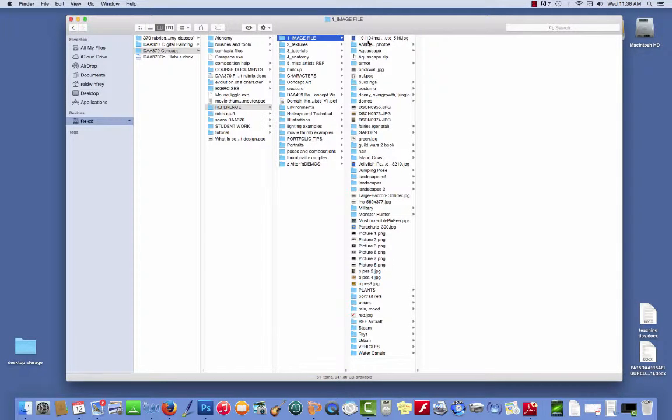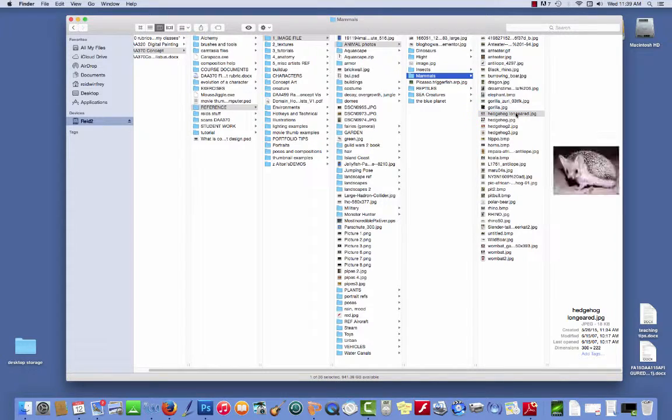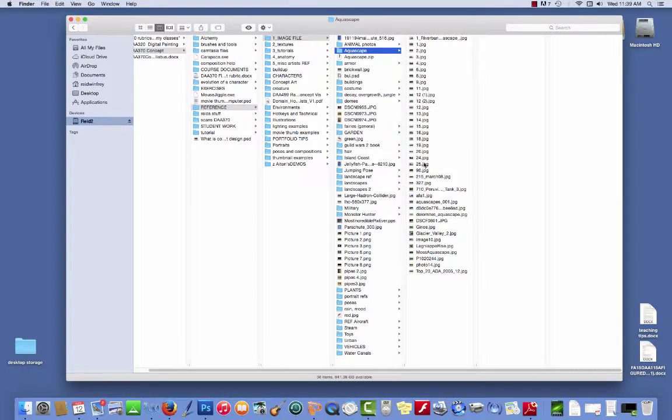I've got lots of reference for you guys, and I don't want you making stuff up. I don't want you acting like you've never seen anything that you're actually looking for here. So anything that you might think you want to look for or look at, I've probably got an example of it. I also have folders with things like these aquascapes, which are really, really cool. Aquariums